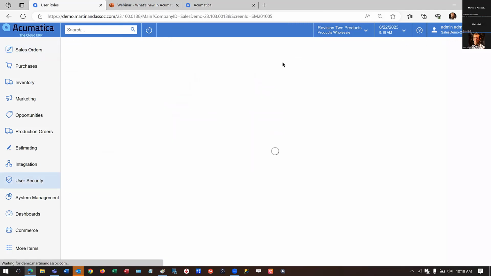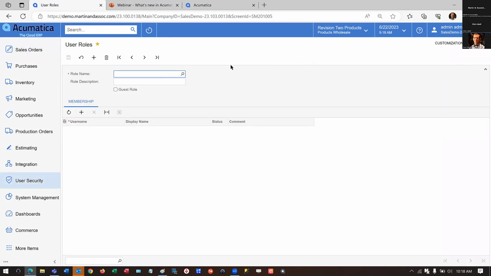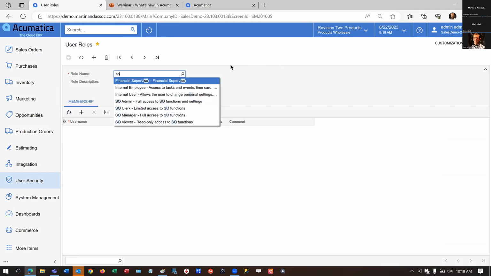If I start typing in sales order, SO, we'll see that Acumatica has finally done what they had already done for accounts payable, accounts receivable, and fixed assets: addressed a number of distribution modules, aka purchases and sales orders,